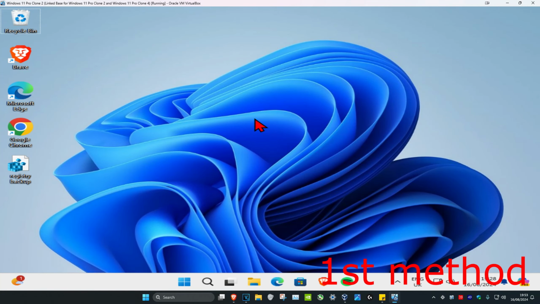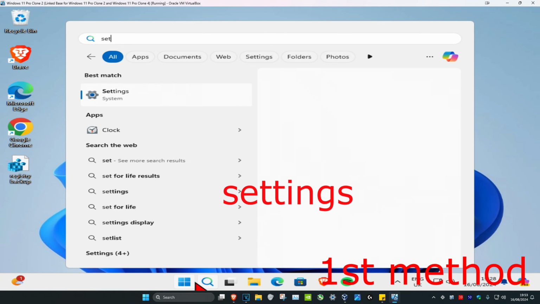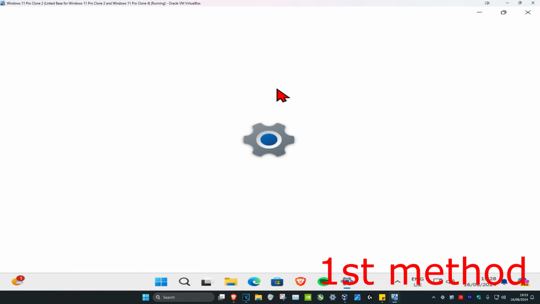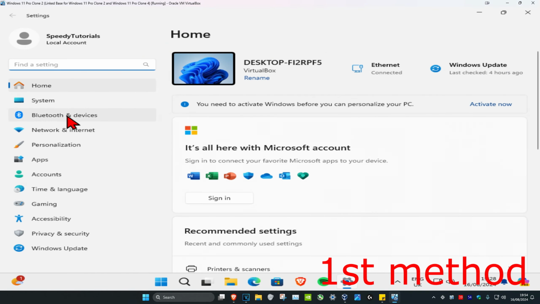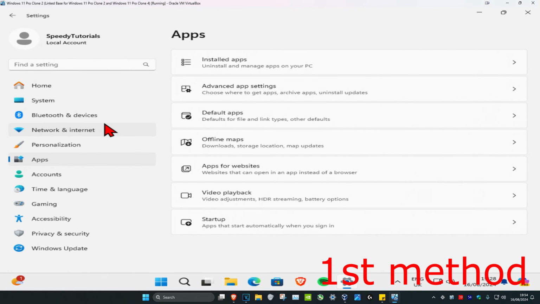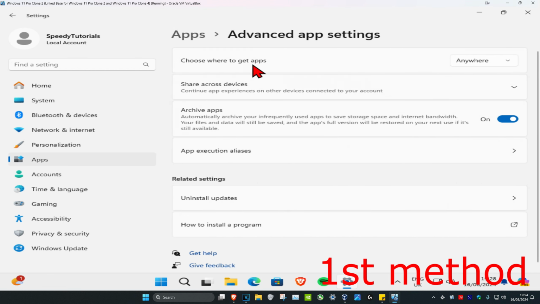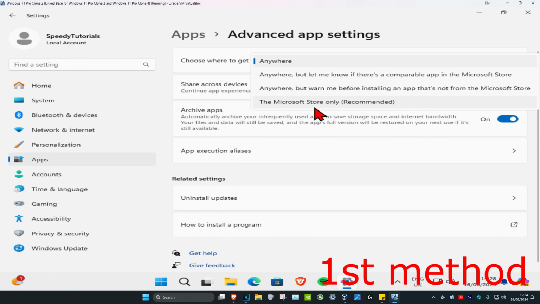So guys, for the first step, you want to head over to search and type in settings. Click on it. And now once you're on this, on the left hand side, you want to click on apps. And now you want to click on advanced app settings. And now where it says choose where to get apps, it's most likely going to be on the Microsoft Store